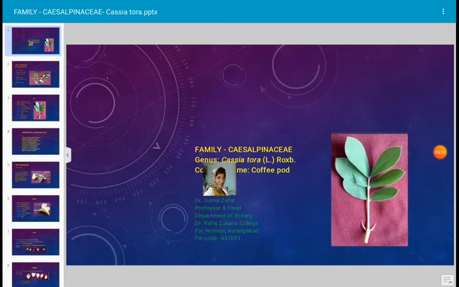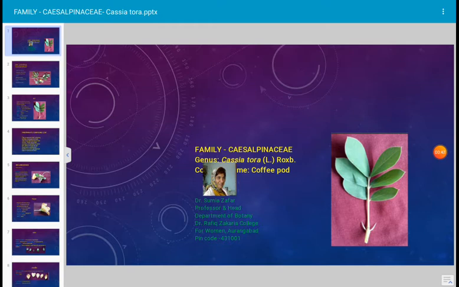This plant is a herb which is very common in rainy season. Everywhere it grows on open land and it very commonly occurs in tropical regions of the world. It is a common annual field weed and it is a weed plant. It grows everywhere in rainy season. It is very common. It occurs throughout India.